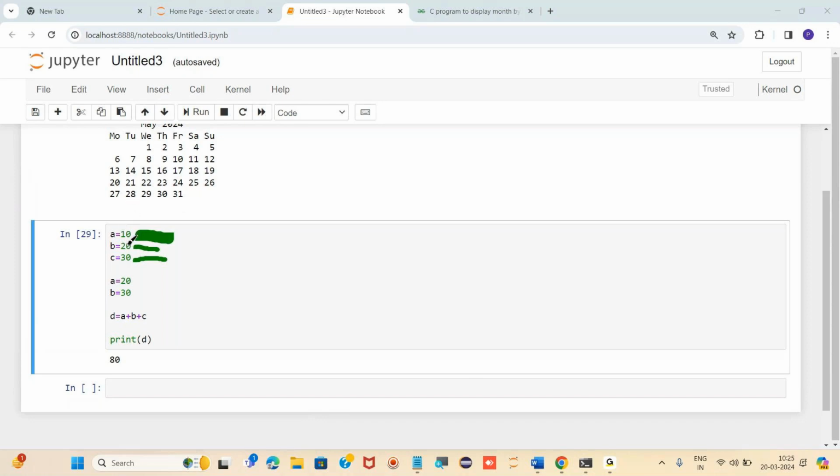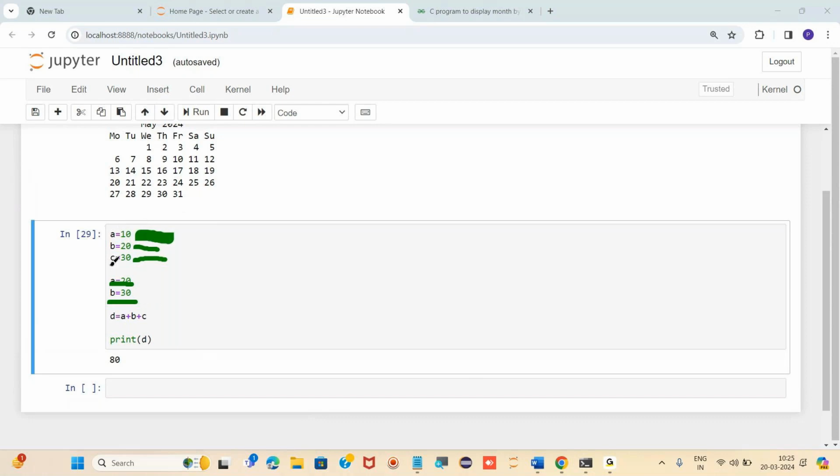But after this, we are again storing a as 20 and also b as 30. So now this a became 20 and this b became 30. And c is already 30 because we are not assigning another value to it.